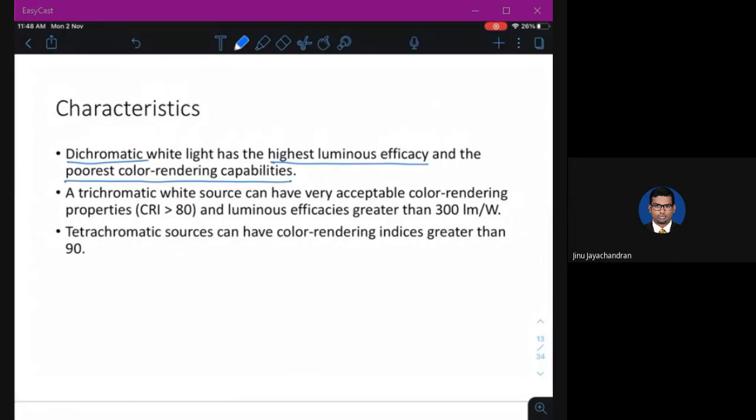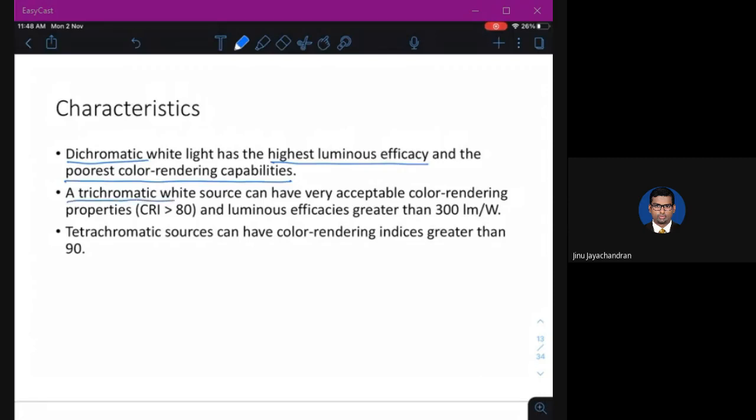Poor color rendering means if you are in a room with a dichromatic white source, then the color that you are seeing is not the exact color that it actually has. It might be a different color. So it has poor color rendering capabilities, but it has high luminous efficiency, which means it will produce visible light pretty high.